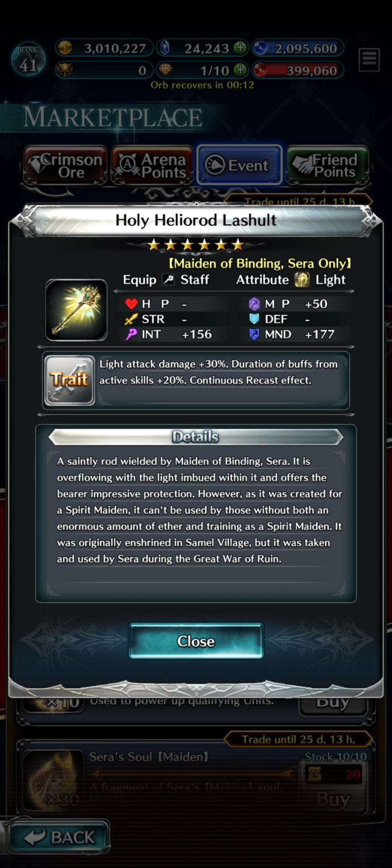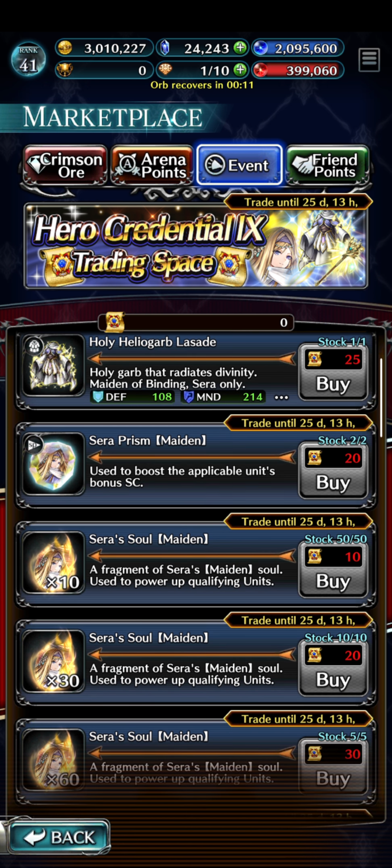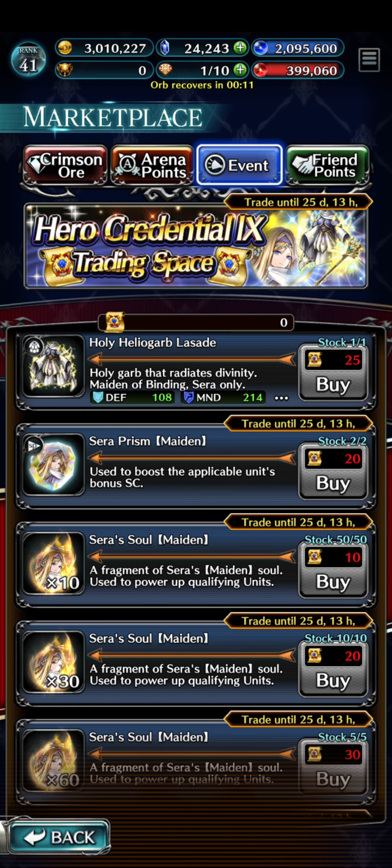And so whenever that happens, like if you actually have an arc item that's just better than, let's say this, for example, then you're better off just not spending your credentials on the items. You can instead just spend your credentials on prisms. And the reason that prisms are important too is because the only way to get prisms is just to pull